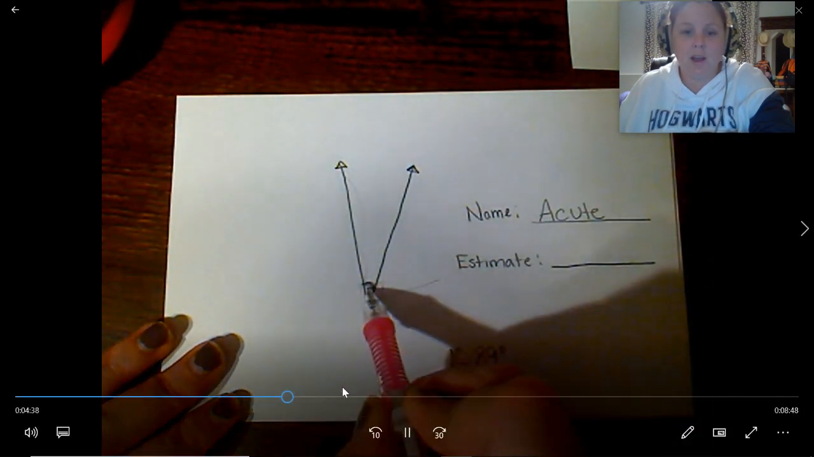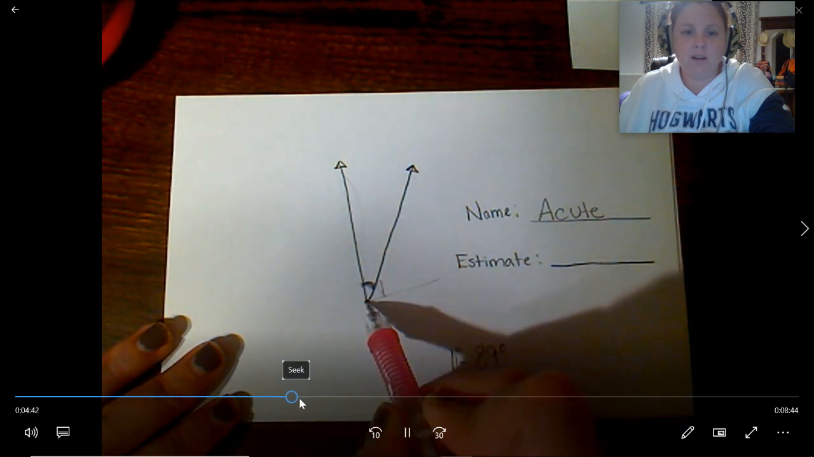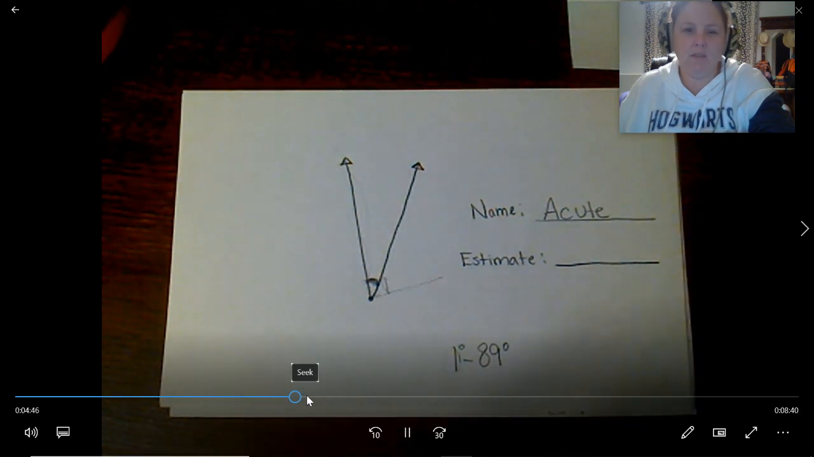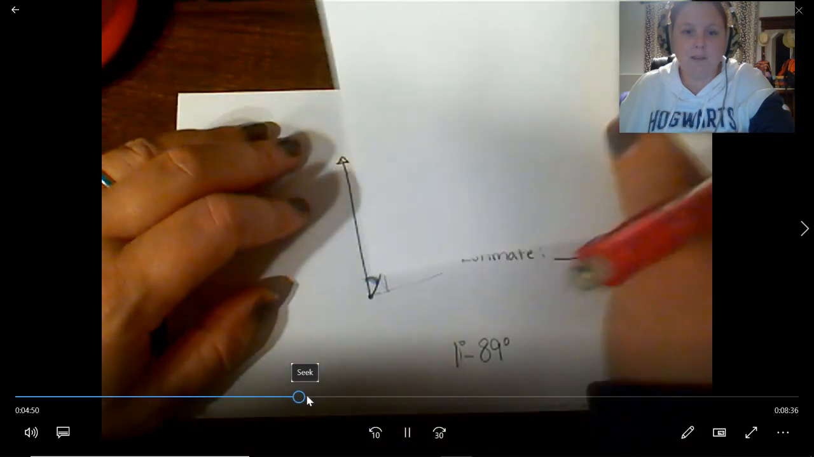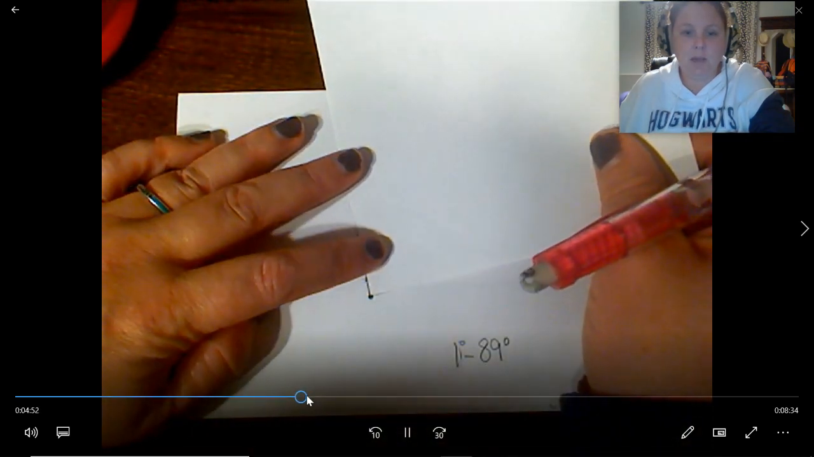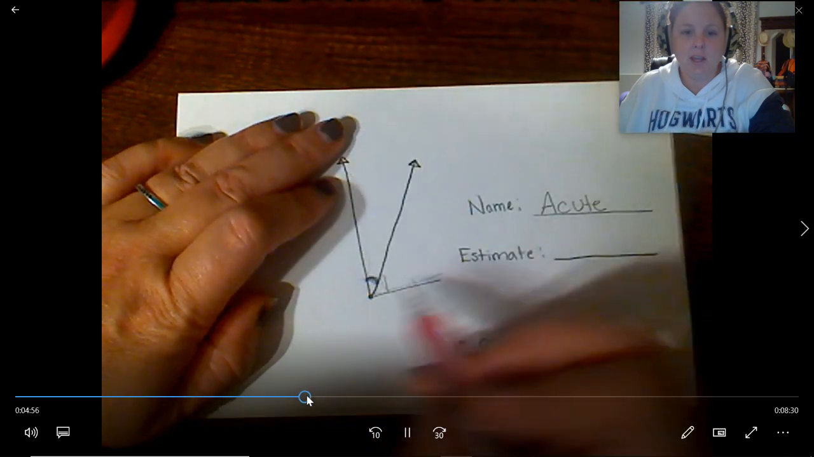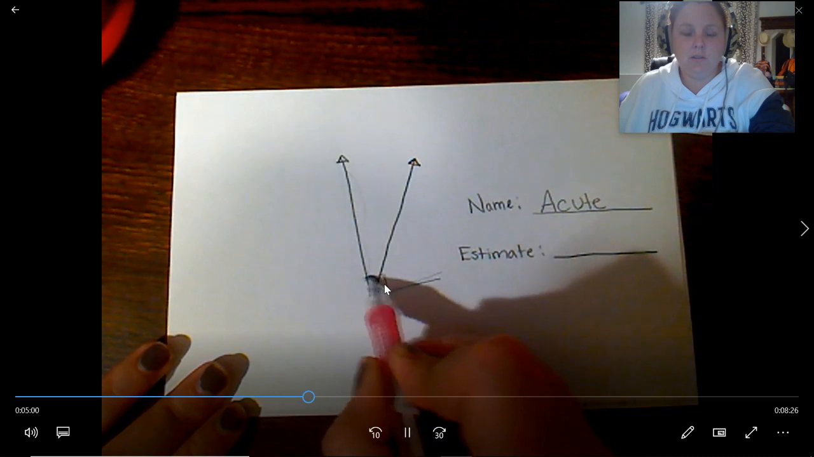Whenever I estimated it, this is kind of fun to try to guess, 45, maybe 35 degrees. I can't remember what I guessed, but really either of those would be fine. I showed you how to take a paper and draw a perfect 90 so that you can see exactly where 90 degrees would be. So I know it's probably halfway. So therefore I think I wrote